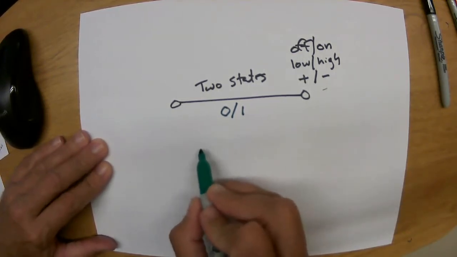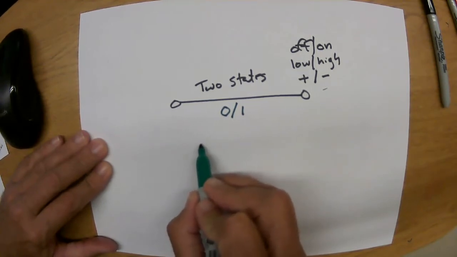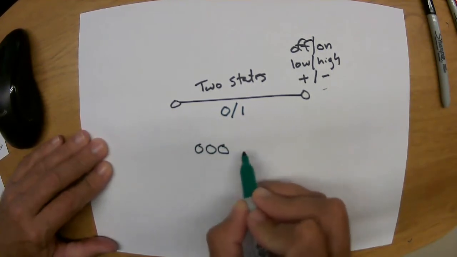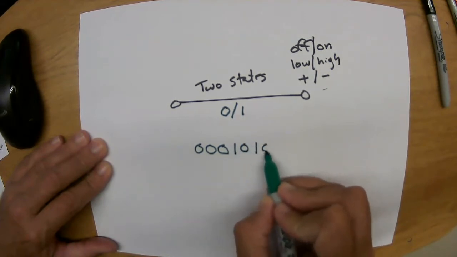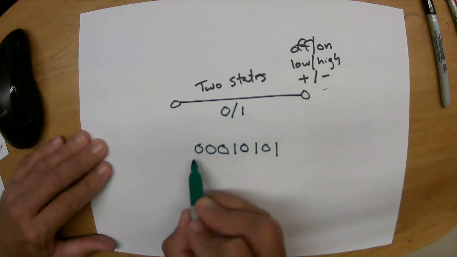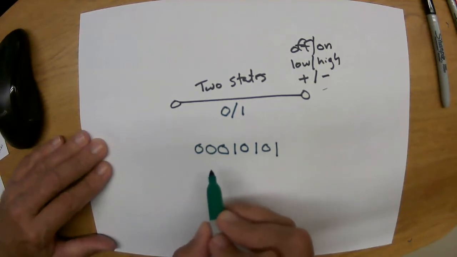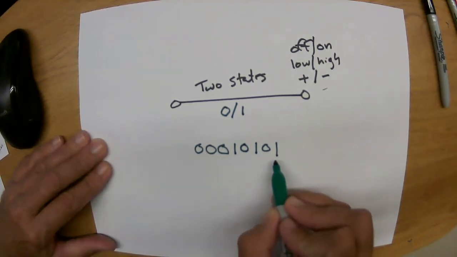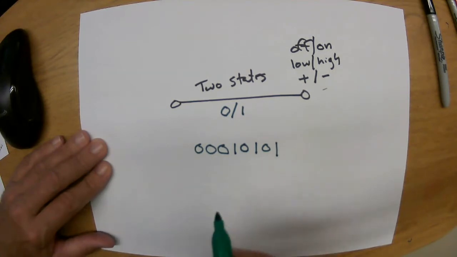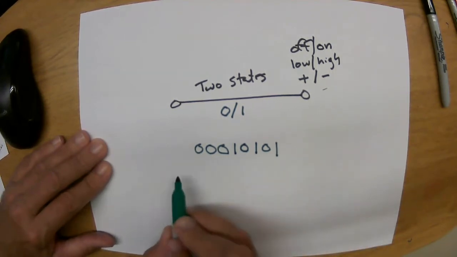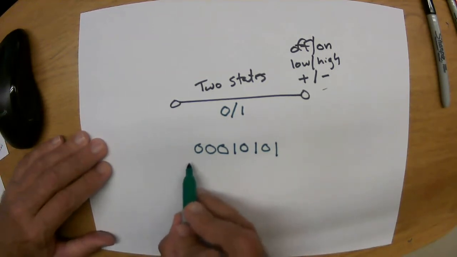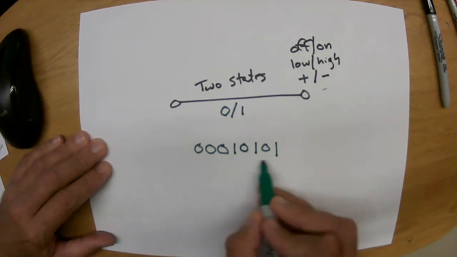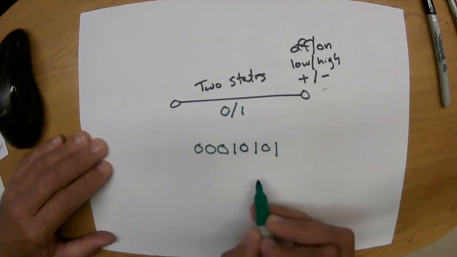One computer will just set the wire into a sequence of states, 0, 0, 0, 1, 0, 1, 0, 1, and another computer will read, read, read, and as long as they have their clocks synchronized, then the receiving computer should get the exact same set of states that the setting